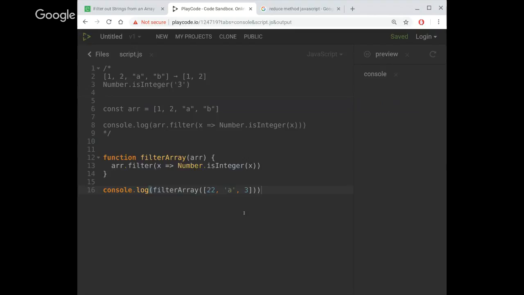What are we doing wrong? That's strange. The console isn't even showing an error. Let me try. Yeah, why isn't it